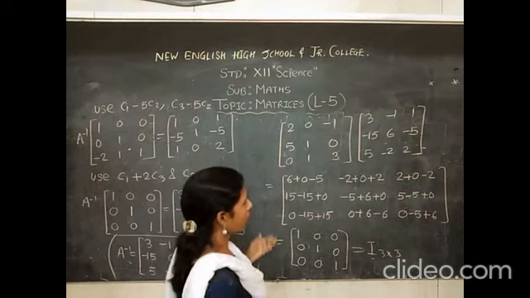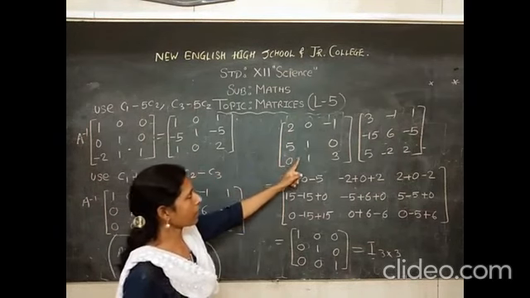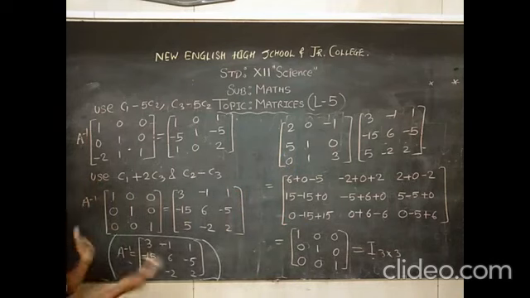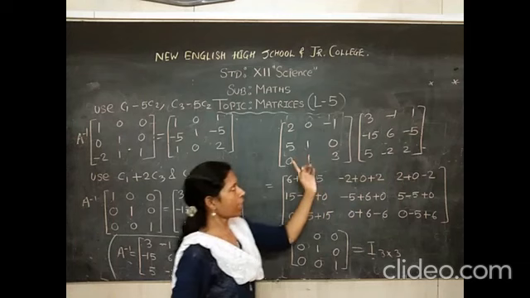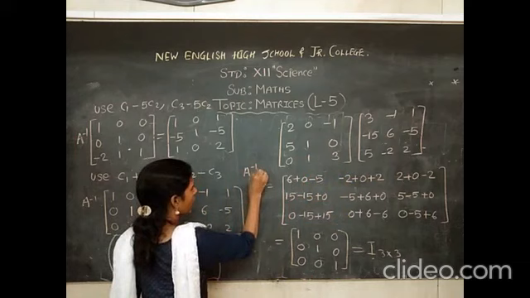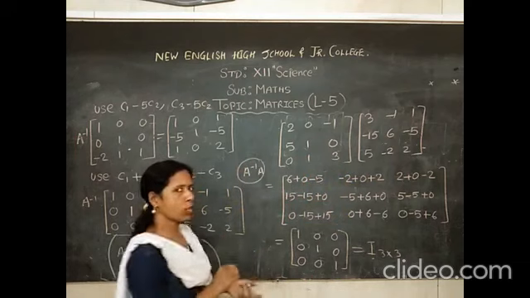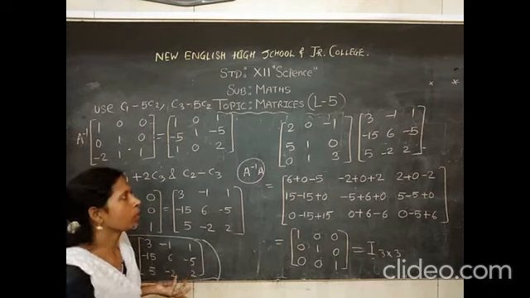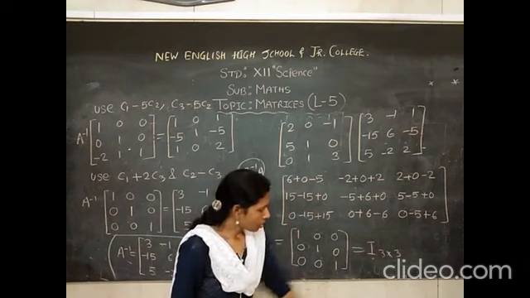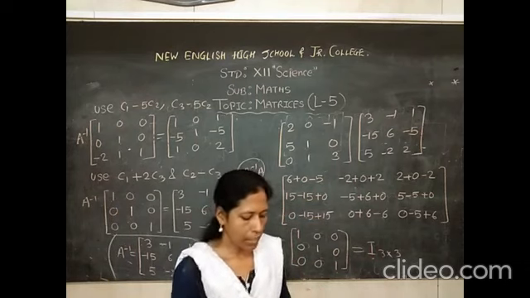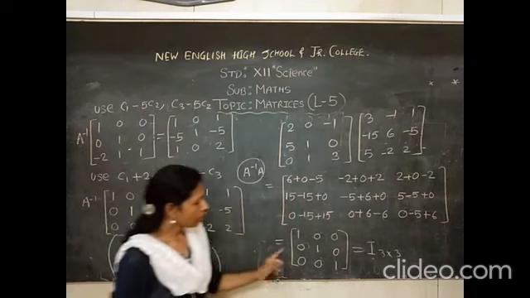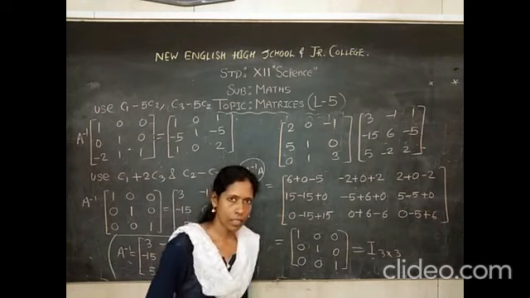Children, I have solved it. You can check it out. I have multiplied matrix A with its inverse. Okay, I have got this one. You can change order, means you can multiply A inverse with A. I have done A into A inverse. You can do A inverse into A also. Because it's inverse, A into A inverse or A inverse into A, you are going to get identity matrix. I have done in this order. It's no issue. Matrix A was of order 3 by 3. Its inverse is also of order 3 by 3. And this is identity matrix 3 by 3. Okay, children?